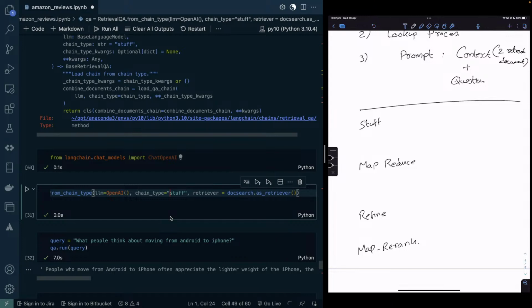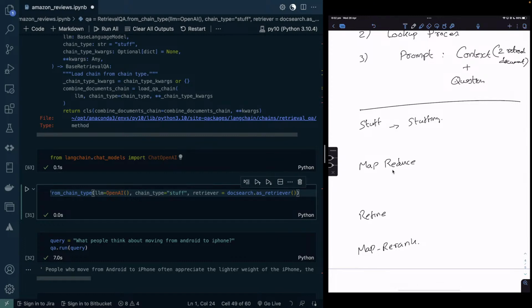They are also actively developing in this area, so in future, let's say if you are watching this video after 1 or 2 months, you might see a few more. But for now, there are only 4: stuff, map reduce, refine, re-rank. So let's talk about stuff for now, and then after seeing some of the results, we will play with other things. So stuffing,